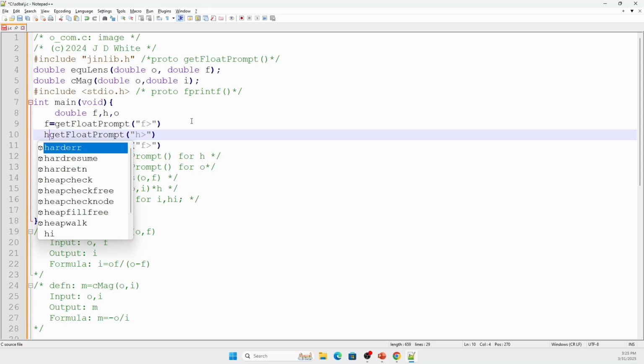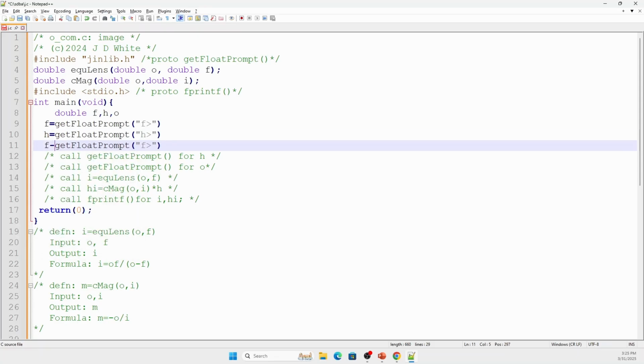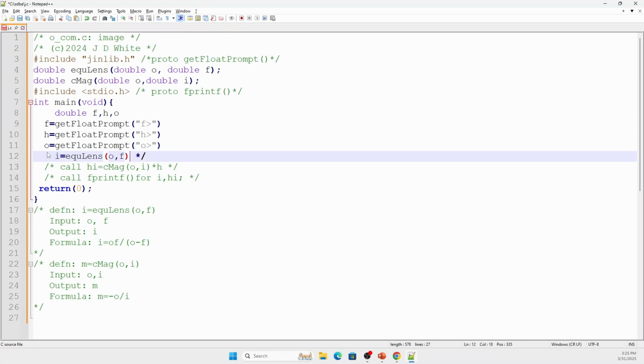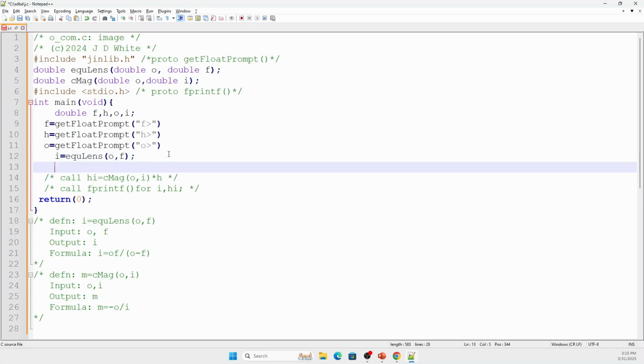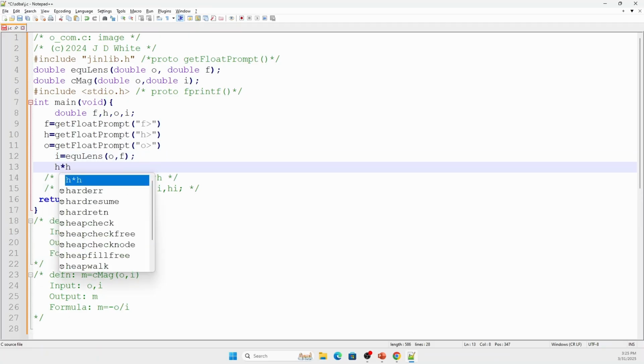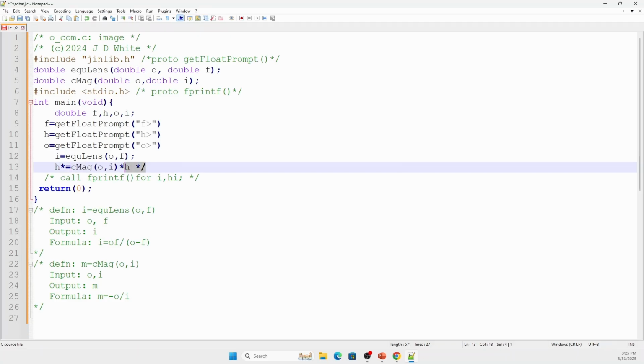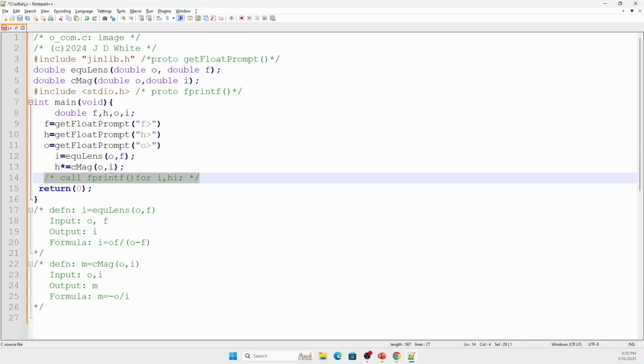Sorry, H equals, and we want to get flow prompt for O. O equals, for our program to run, and then we need to call equation lens, which is series, which means I also need the I, comma, I, okay, there we go, equation lens, and H equals CMag OI, and then the fprintf call. Standard out,